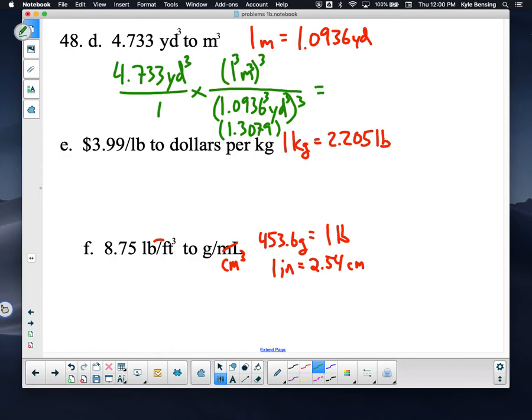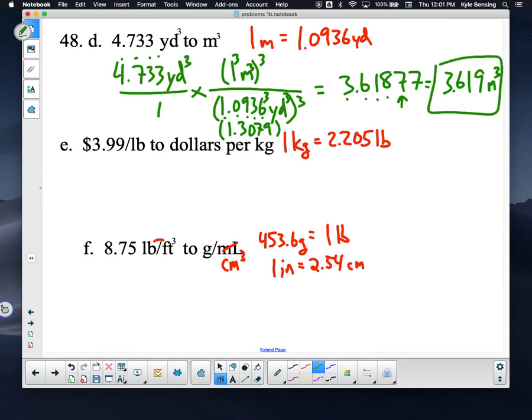And what I get then from this is 3.61877. I have 1, 2, 3, 4 numbers to start with. Down here I have 1, 2, 3, 4, 5 numbers to start with. So I keep it at 4. 1, 2, 3, 4, and check to see if that's 5 or higher, which means 3.619 cubic meters as my answer. Good. How about, here's another one, just like letter C,